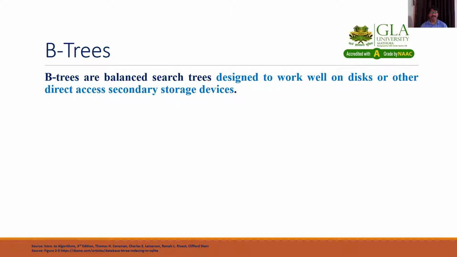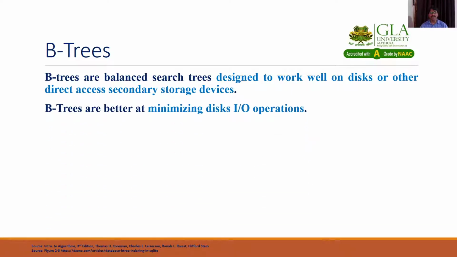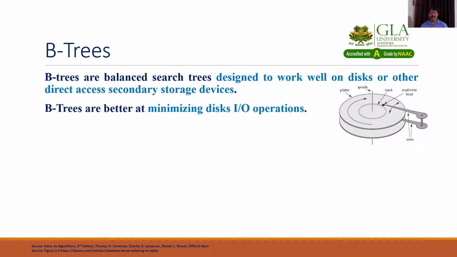So how are these B-trees used for different applications? The first application is to minimize the disk I/O operations with the help of B-trees. Why? Because a B-tree implementation always has its leaves at the same level, so there is no imbalance in the height of the left subtree or right subtree.